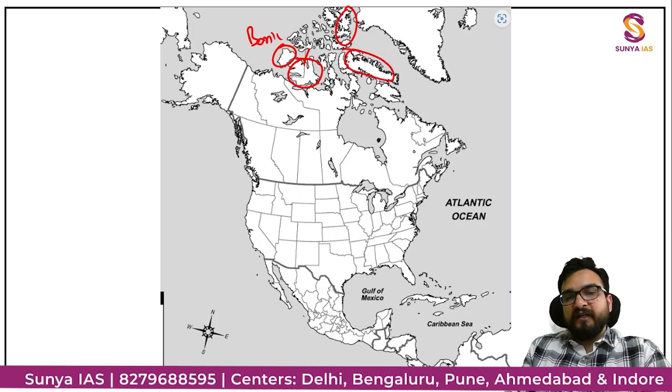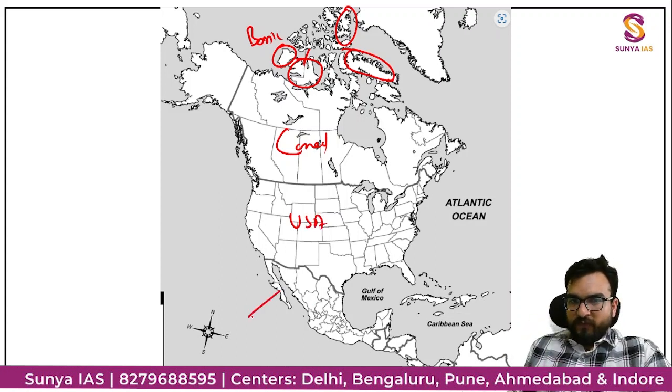This is your Baffin Island. Over here, this is Canada. Over here, this is USA. And places in USA, which cities I have told you to mention. This is your Baja Peninsula, Yucatan Peninsula. Belize. Over here, Guatemala, El Salvador, Honduras, Nicaragua, Costa Rica, and Panama. And in Panama, you will see the canal, and this is connected with Colombia.